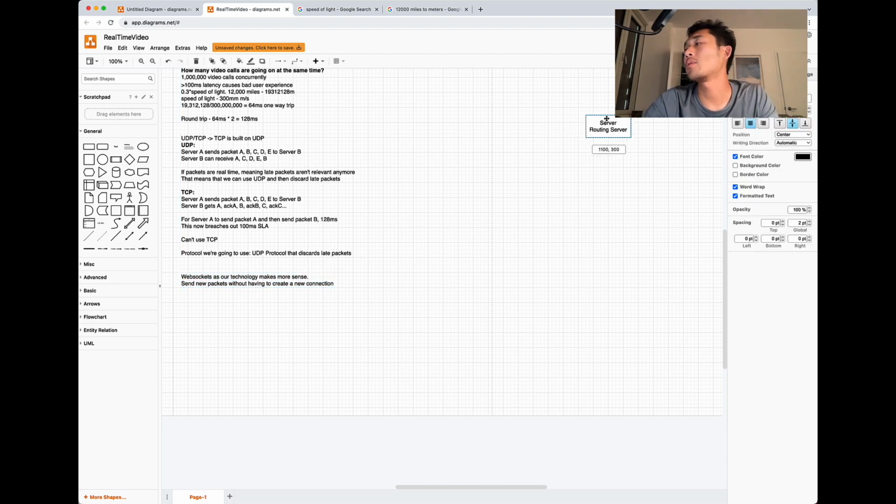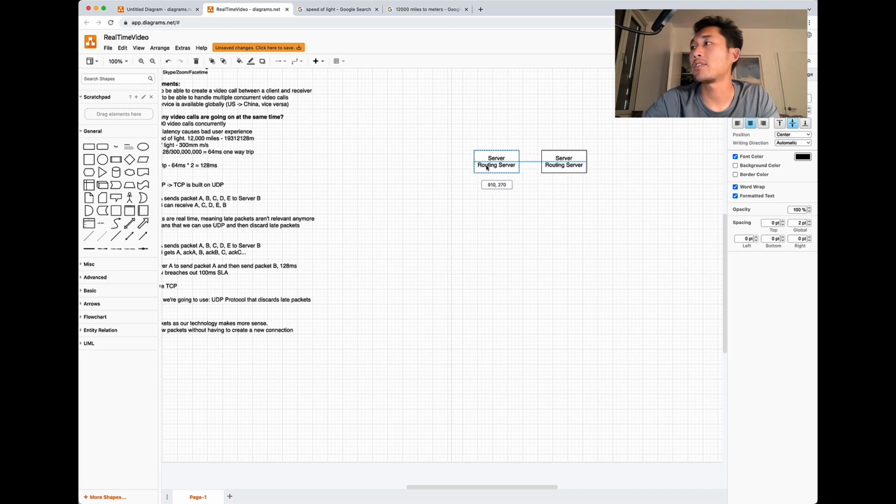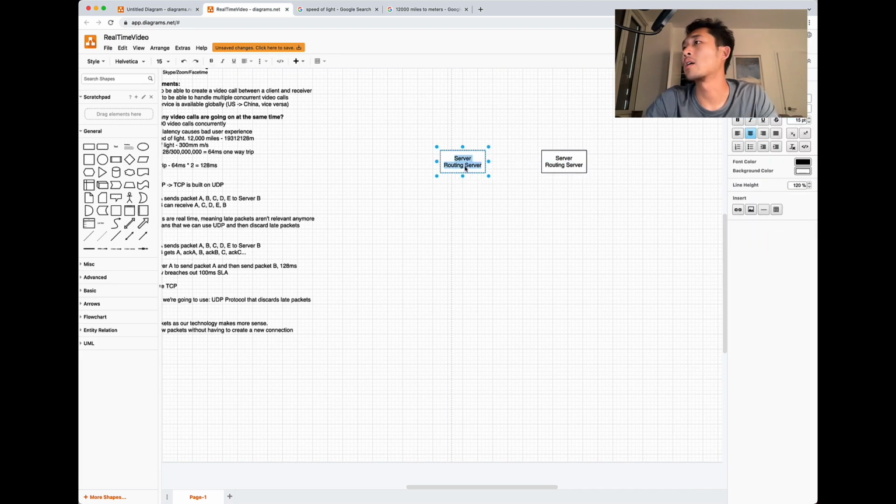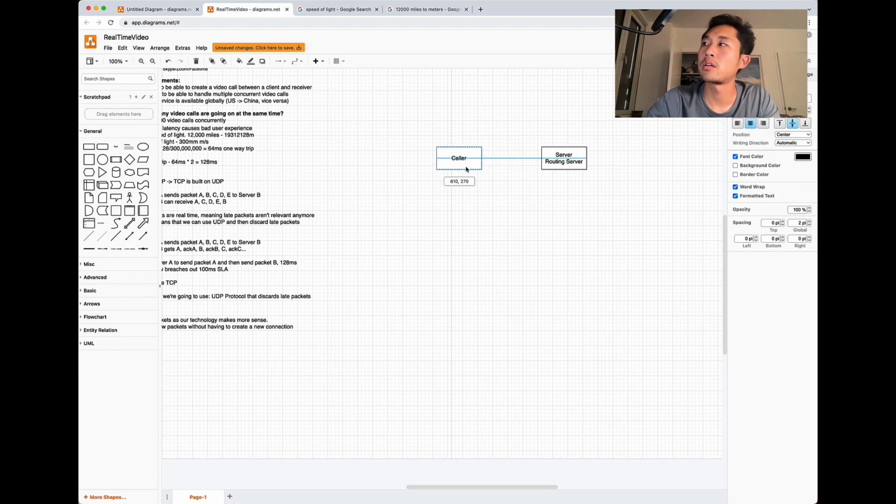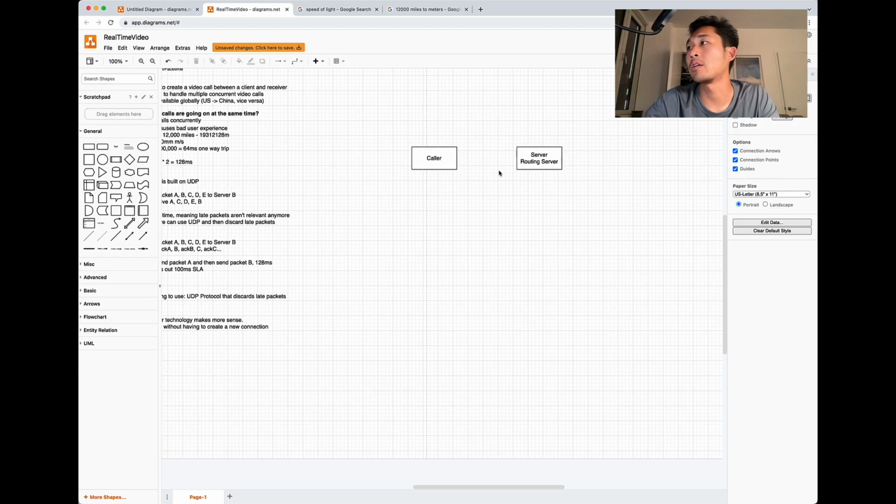So now we have the routing server. Let's create our caller. Let's call the client the caller now.